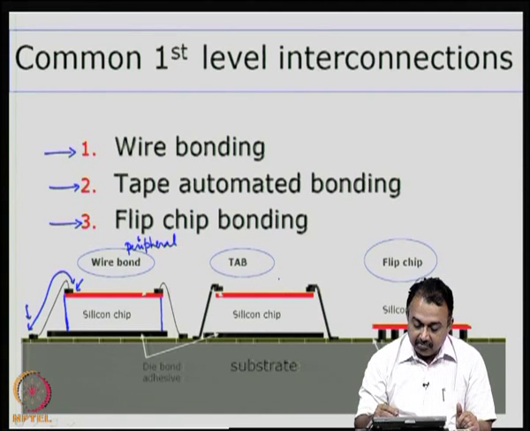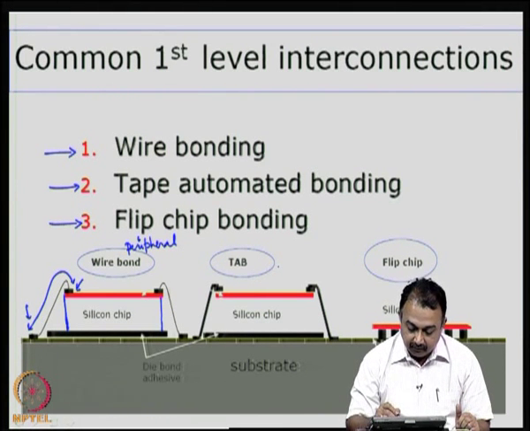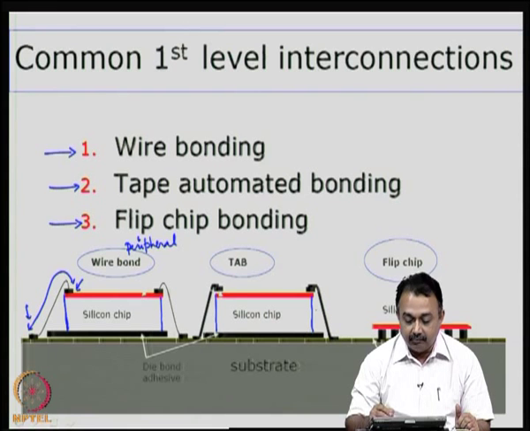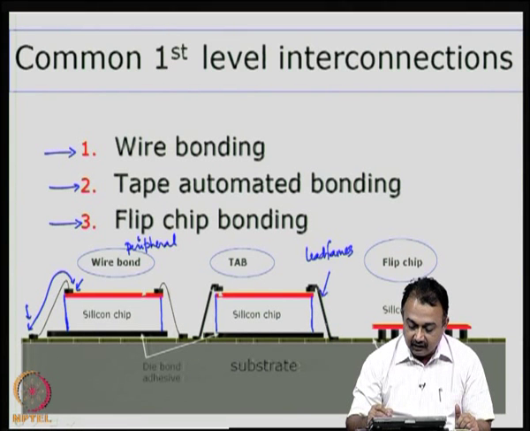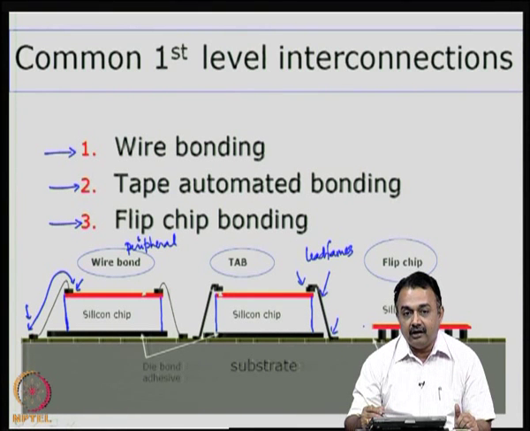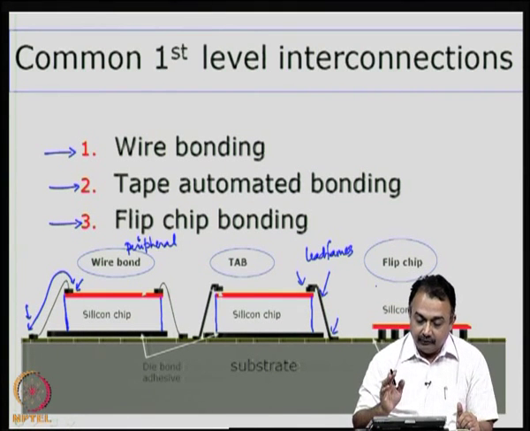Now, in the second example, which is tape automated bonding, here again you have a silicon die or a silicon chip mounted onto a substrate. Instead of a wire bond here, you have very thin lead frames which represent the typical wire bonding process, and these are connected via bonding at the top and a bonding on the substrate. So, this will again describe the peripheral bonding in the package.